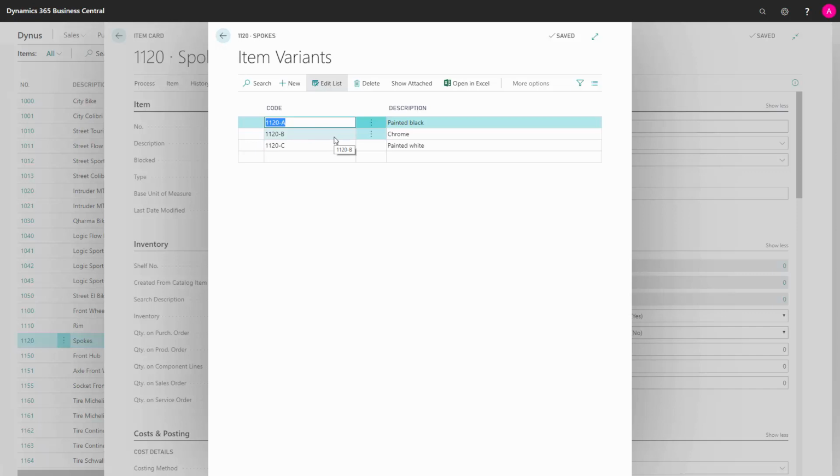So if you have, for instance, sizes in clothes, you have large and small, etc. Many customers would like to have one item number for specific shirts and then the different sizes in here, and you can define item variants in that. But those are handled actually on an inventory level, so the inventory people will have to state both the item number and the item variant number on all documents and all places where the item is handled. So you have to be quite aware of using item variants.